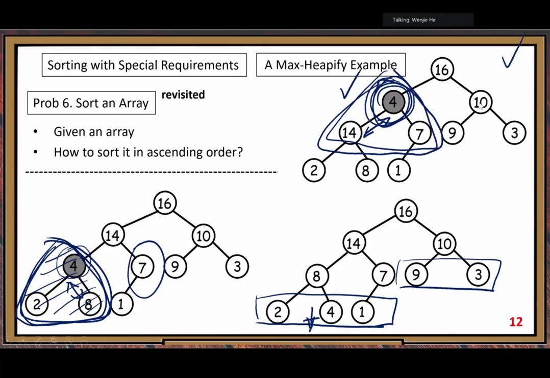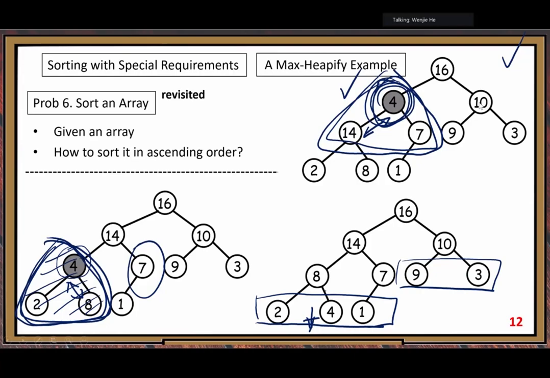Then after the detection, we swap the nodes to fix the violation problem. All right. And in this example, usually when we fix the violation problem, we need to follow this dirty node all the way down to the bottom level,